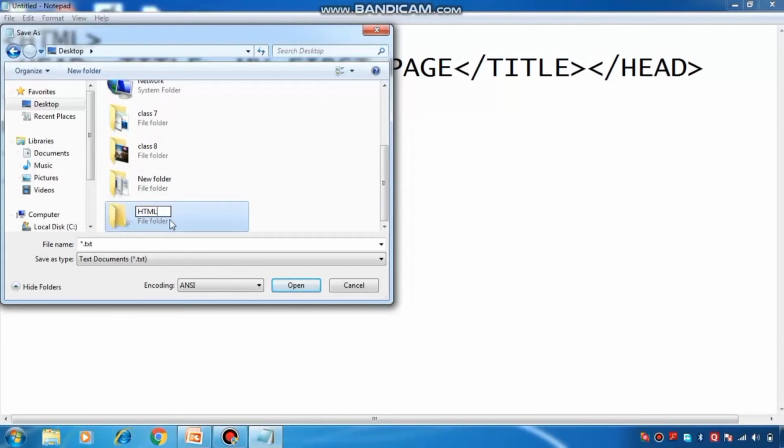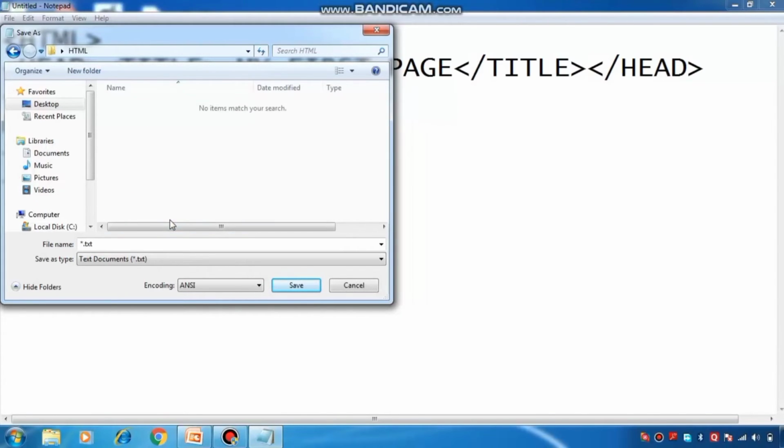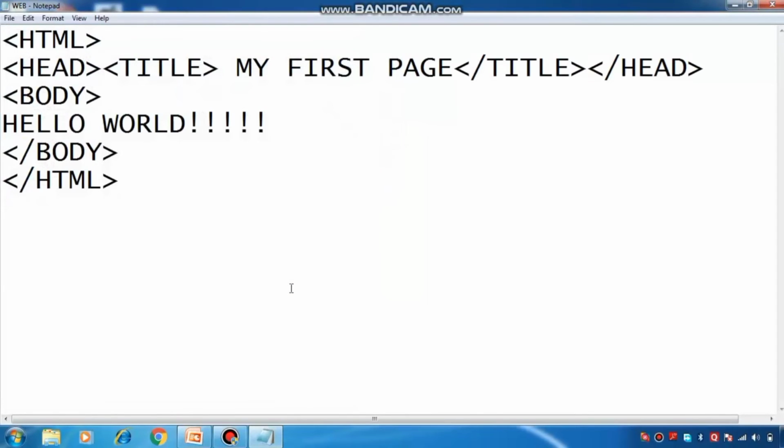You can assign any name to your folder and you can write the name of your file here. Suppose my file name is web, and the extension is .html. From Save as type you have to select All Files, and then click on the save option. Now this portion is done.